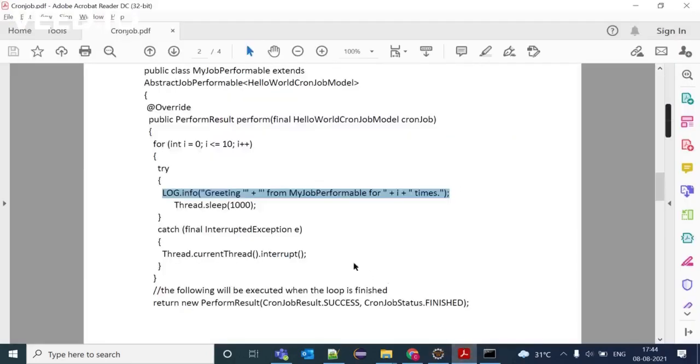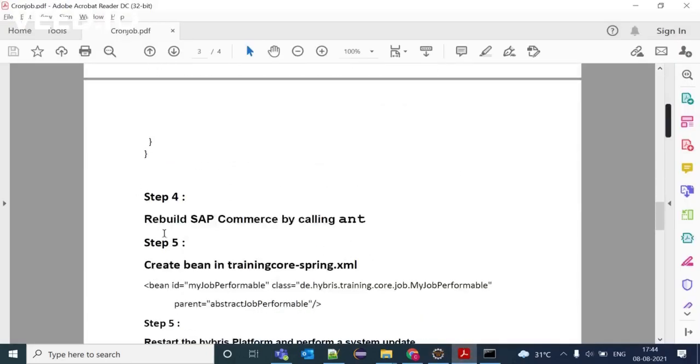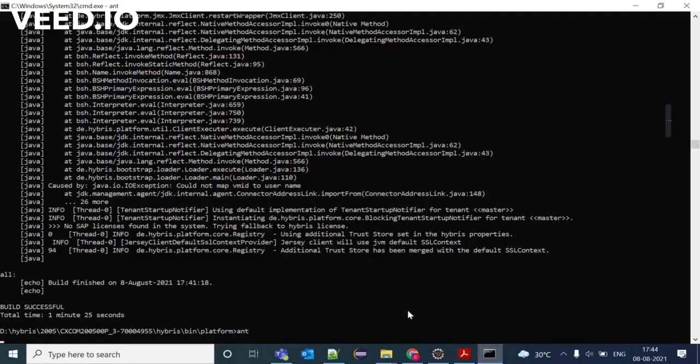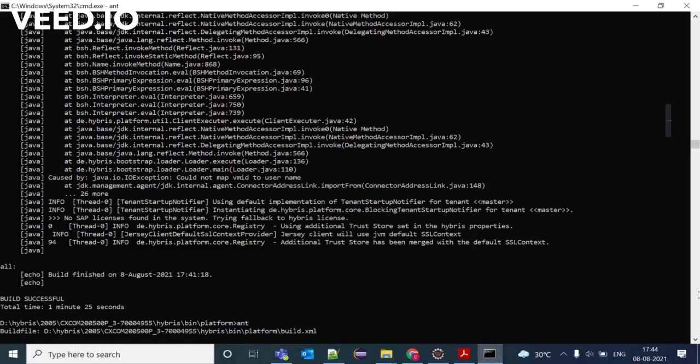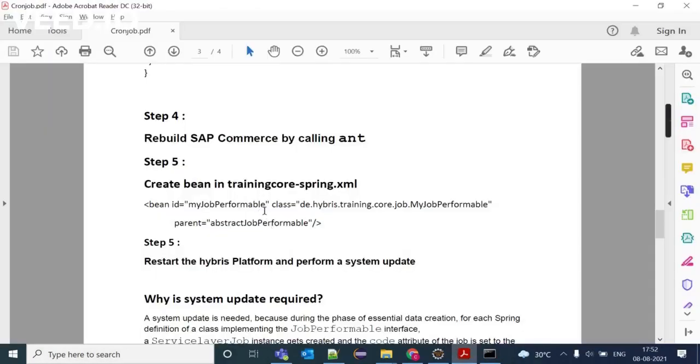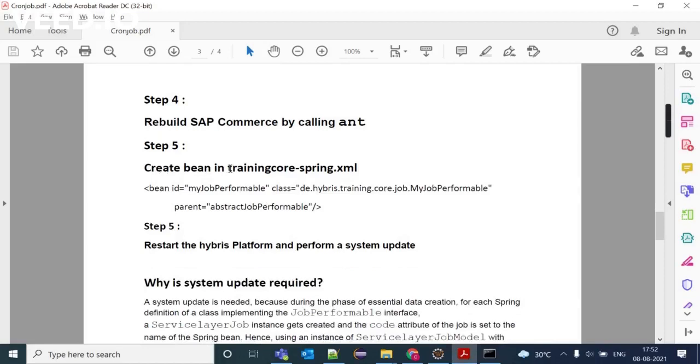Now let's move to the next step. We need to again rebuild SAP Commerce using the ant command for the Java changes. Now we can see our build is successful. Next step is we need to create a bean for the class which we have created in the trainingcore-spring.xml file.